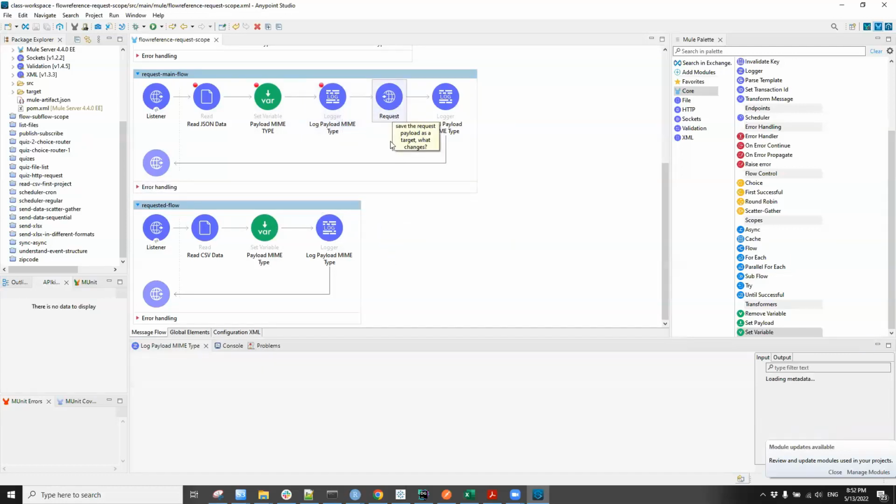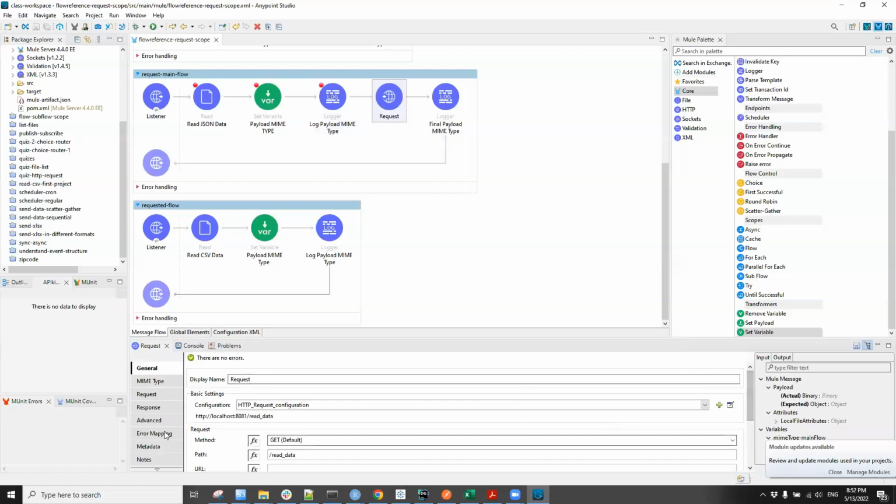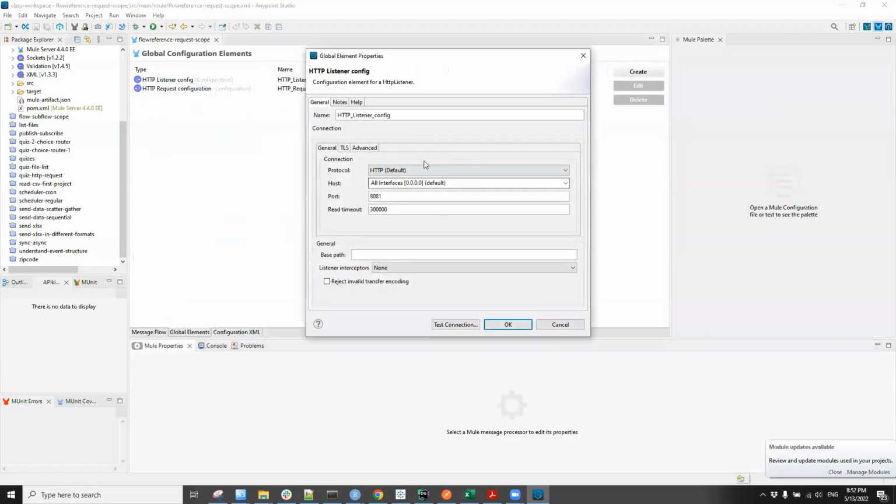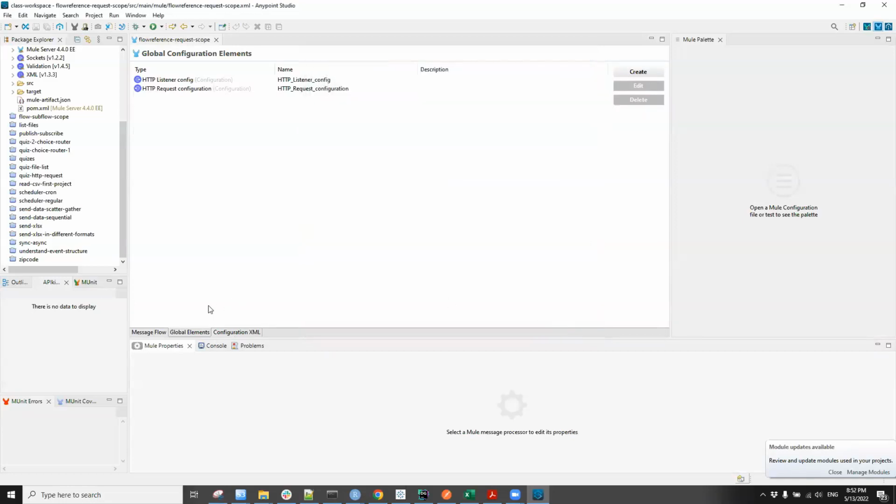In here, however, I want to spend a couple of minutes. You remember when we drag and drop a listener, we have to specify a connector configuration here. If we don't have any connector configuration, we click add. In this case, I can just click edit and show you this. We can use another port, accept the default configuration, or even change them, the port and the read timeout and so on. The same thing with